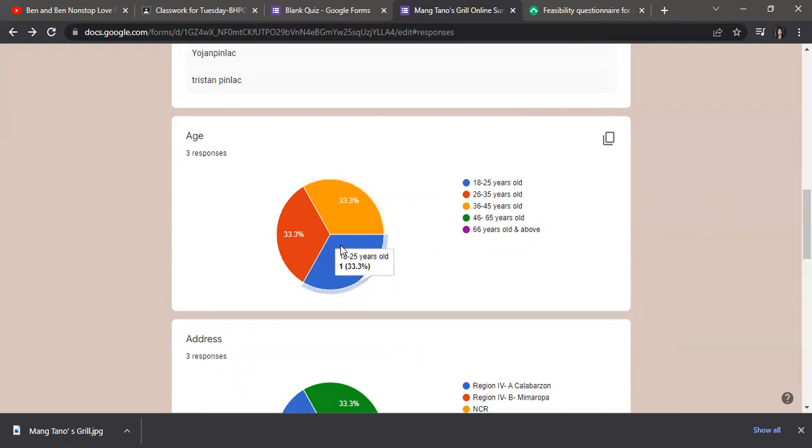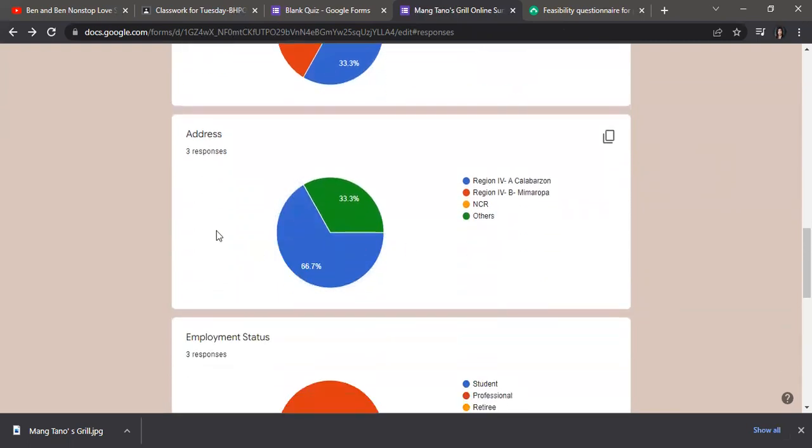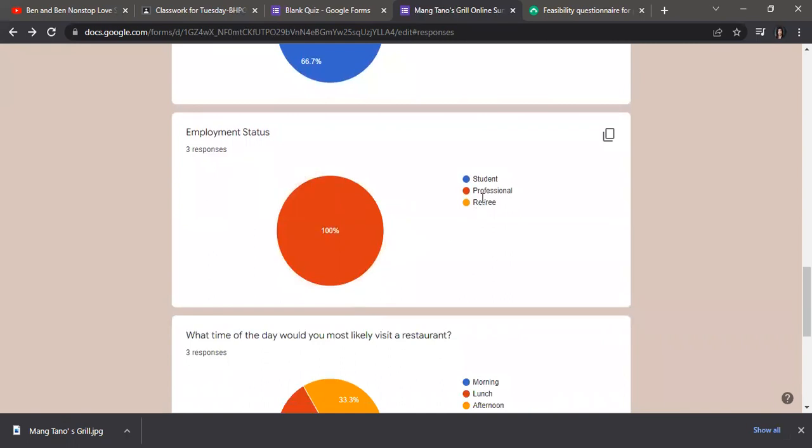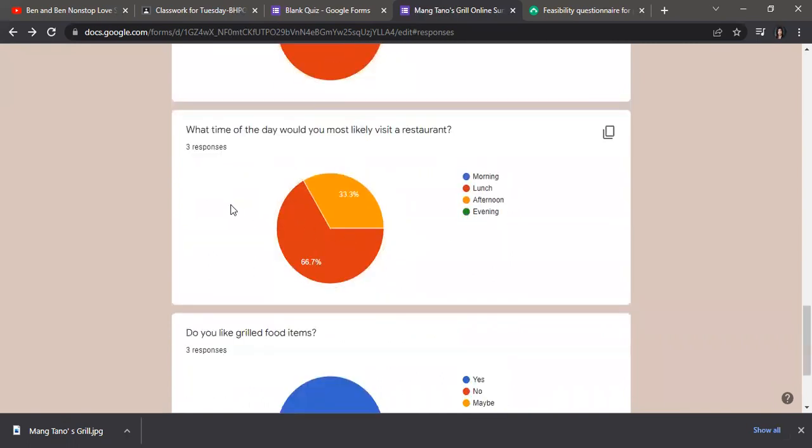But of course, if you have lots of participants in your survey, this will be divided into different colors, based on the options that you have in your questions. Okay, and then the addresses, okay, the employment status,